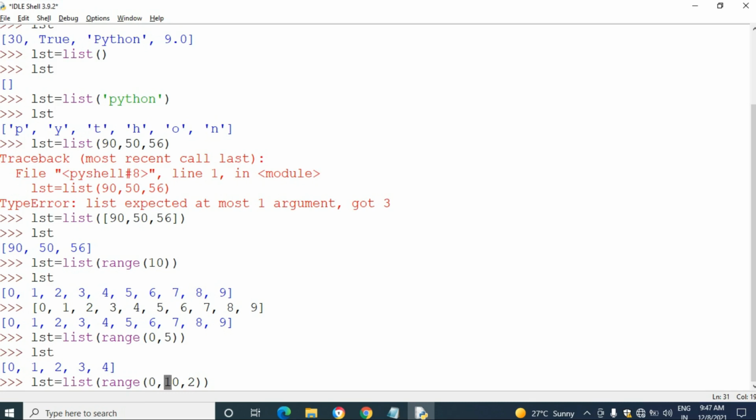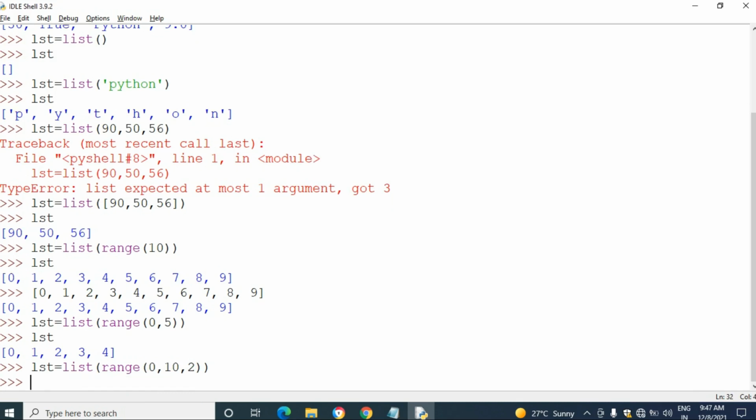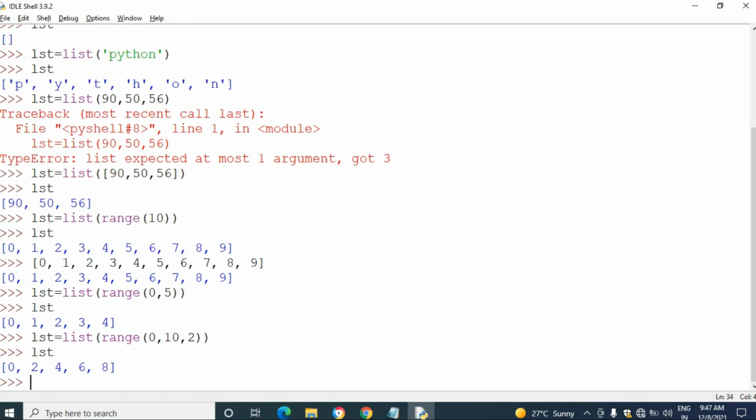So I have taken the range value as 2, the starting value is 0 and the end number is 10. See, the multiples of 2 have come inside the list: 0, 2, 4, 6, 8.